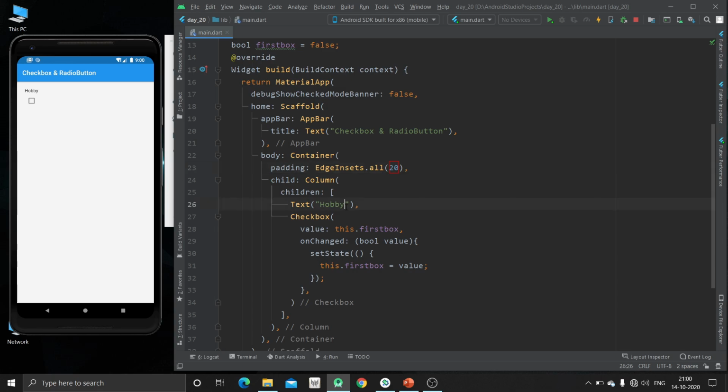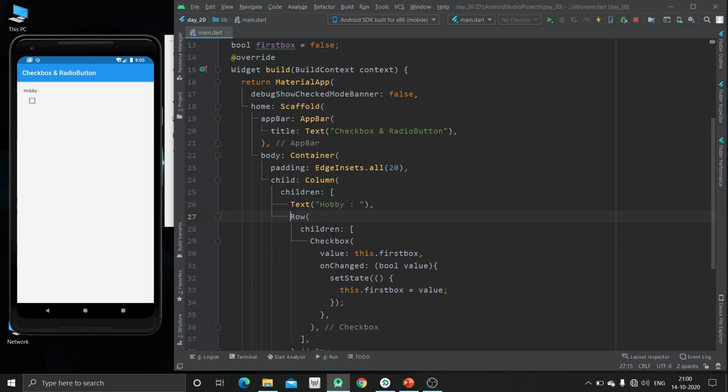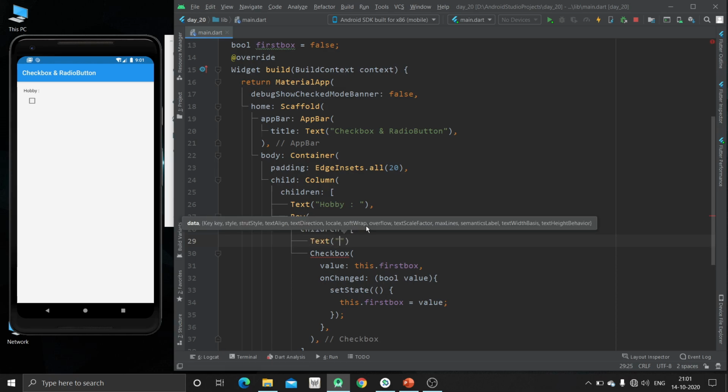Inside this, the first hobby will be, just wrap this checkbox inside one row. So now the text will be painting.